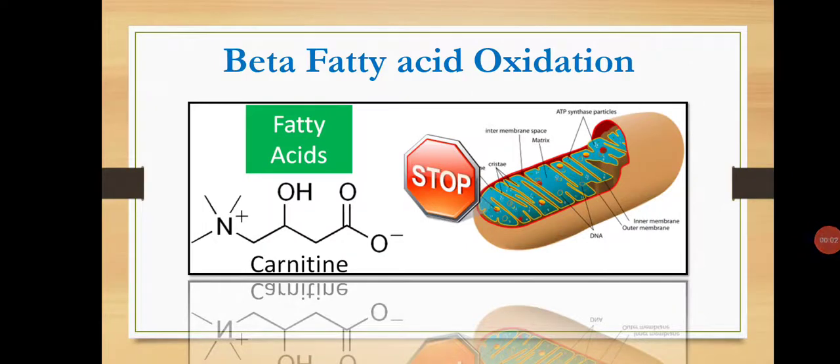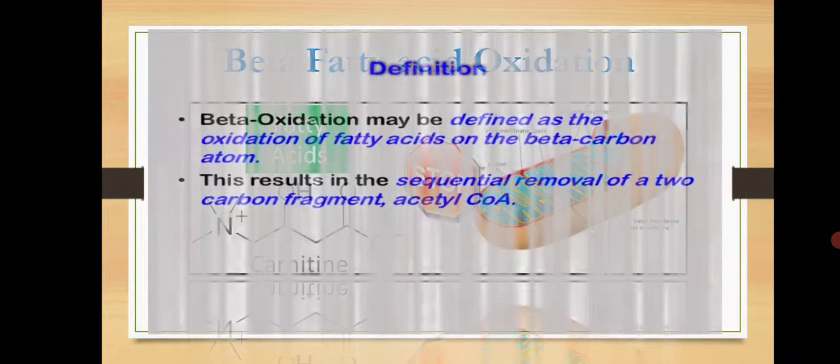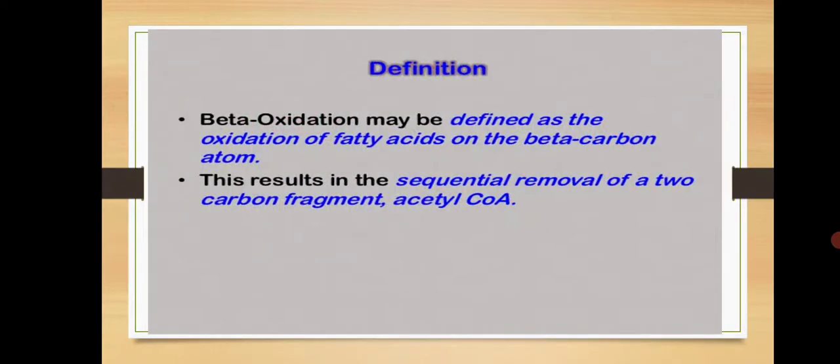Welcome dear students. Today in this lecture we are going to see the topic called beta fatty acid oxidation, or simply fatty acid oxidation. There are different types of fatty acid oxidation like alpha, omega, beta, but we are going to see specifically beta fatty acid oxidation as it is a very common type of fatty acid oxidation and the most usable method. Beta oxidation may be defined as the oxidation of fatty acids on the beta carbon